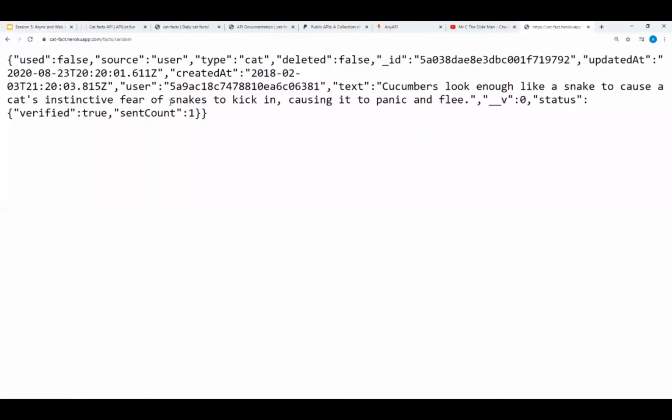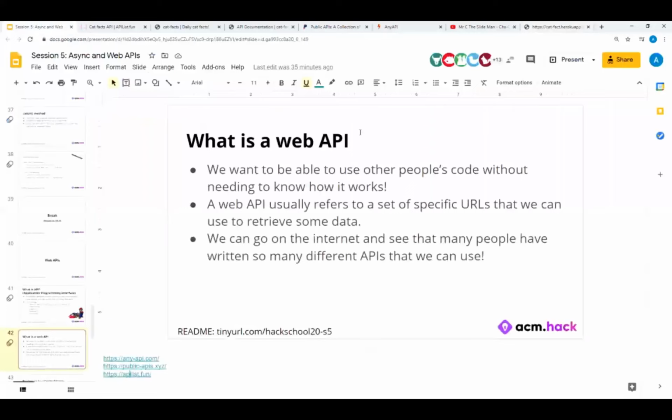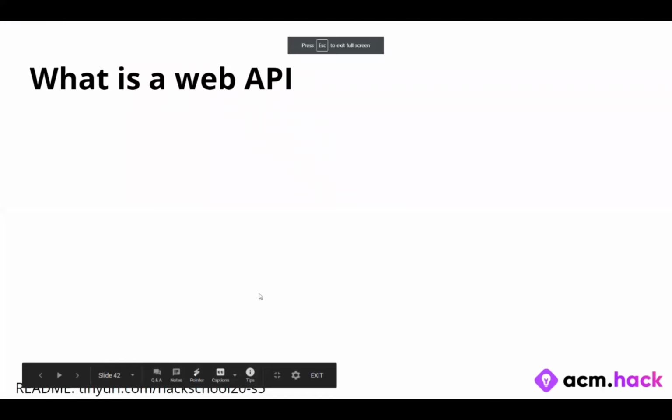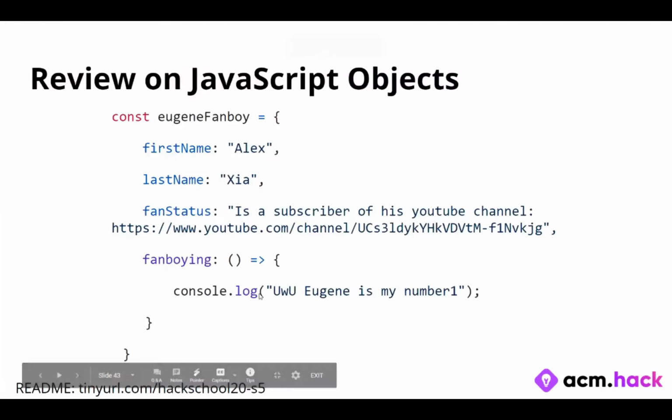I did set this JSON format, and what is JSON? First of all, let's do a review on JavaScript objects, as we did in our second workshop. Here we have a JavaScript object called Eugene Fanboy. Its first name is Alex, his last name is Xia, totally not me. It has its fan status, and it has a function as a method, just like the .then method, this .fanboying method is similar.